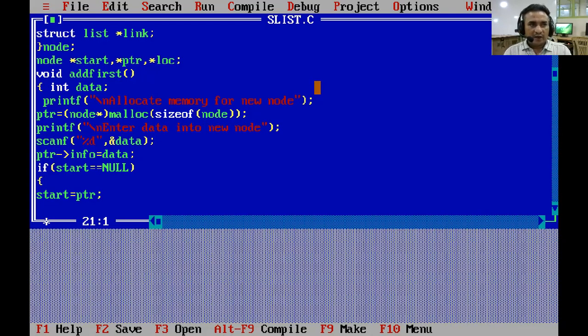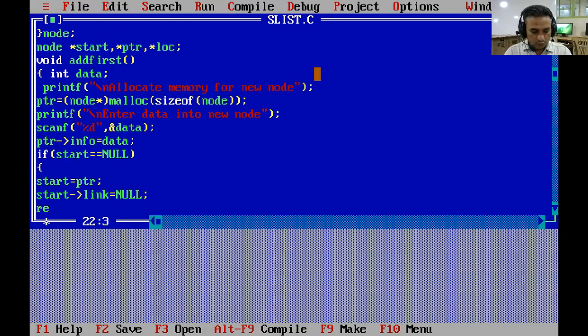In linked list every last node's address part contains null value. So we have to write here start pointer link equal to null. So here our node is completely added, so we have to return from this position.